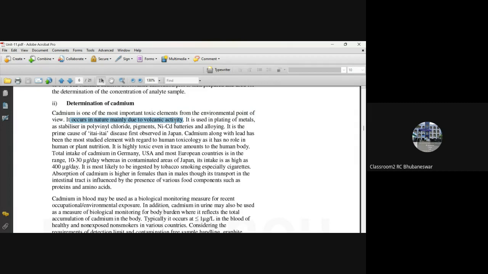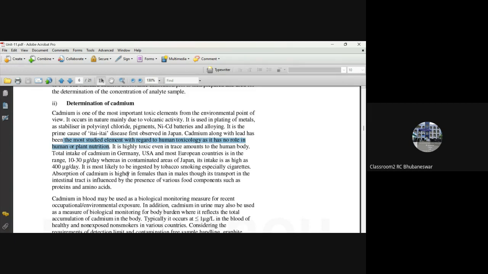Due to volcanic activities, cadmium is present more, and it is used in plating of metals, as a stabilizer in polyvinyl chloride, pigments, nickel cadmium batteries, and alloying. These kinds of uses are also there, and it is the prime cause of itai-itai disease, which was first observed in Japan. And cadmium, along with lead, has been the most studied element with regard to human toxicology, as it has no role in plant and human